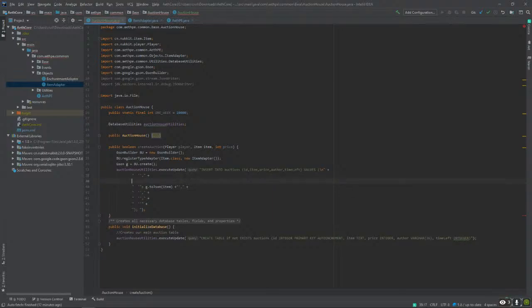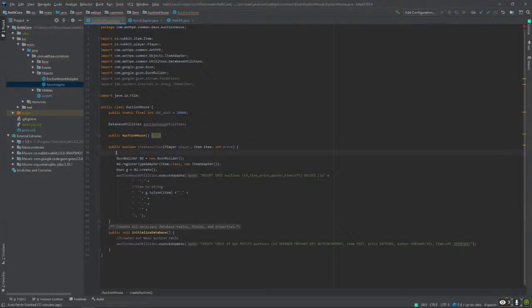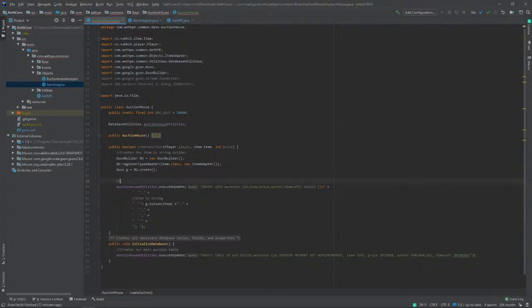So let's comment this out as item to string converts, creates the item to string builder, executes the update to insert the row into the database.